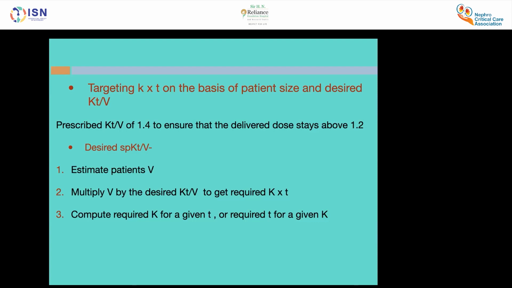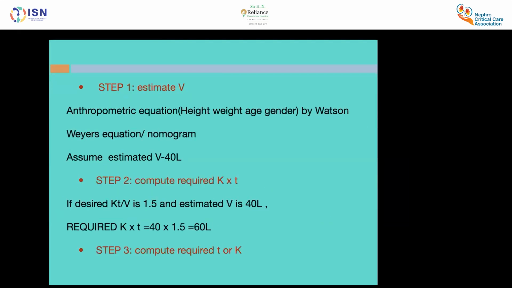This desired single pool Kt/V can be calculated in 3 steps. First, we have to estimate the patient's urea distribution volume, which can be calculated with an anthropometric equation. There's a nomogram by Watson's equation. We can assume this urea distribution volume as 40 liters. Step 2 is to compute the required Kt. If the desired Kt/V is 1.5 and the estimated volume is 40 liters, then